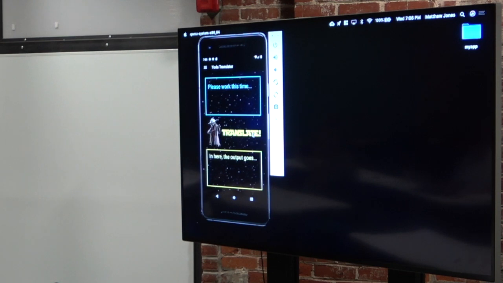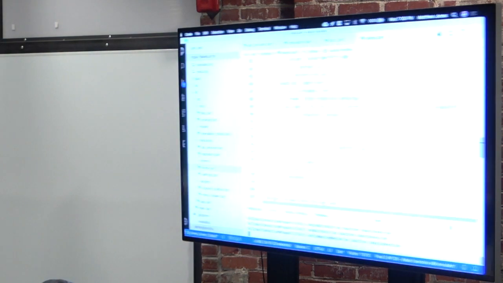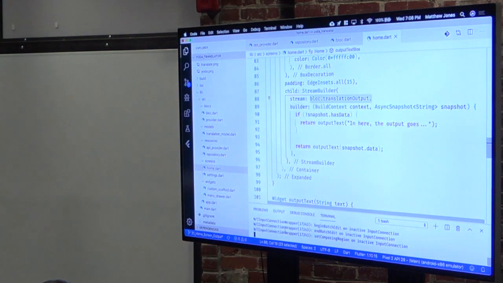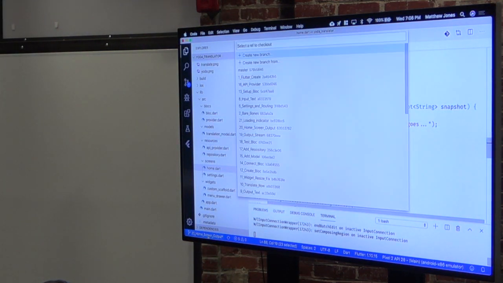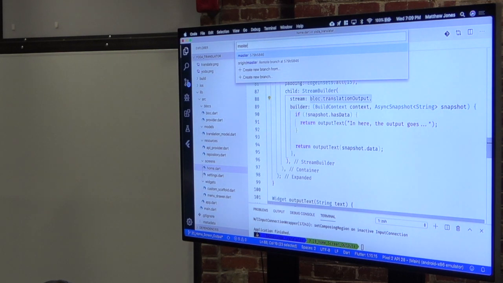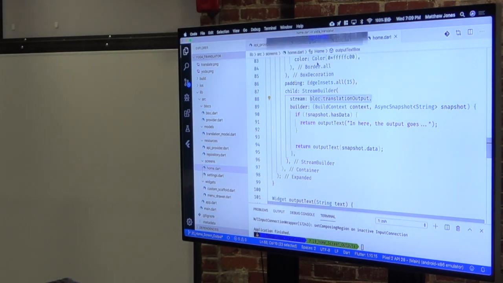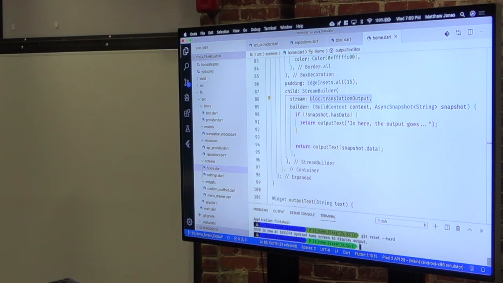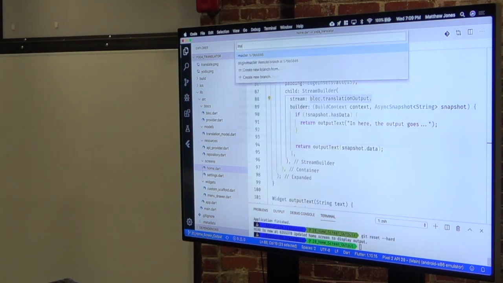All right, and then the last thing we can do is create a loading indicator. I'm not going to go into that. Basically, what you all came here for was to see the website of this. So I'm just going to go ahead and go back to master. Yeah, of course. And let's go back to master.